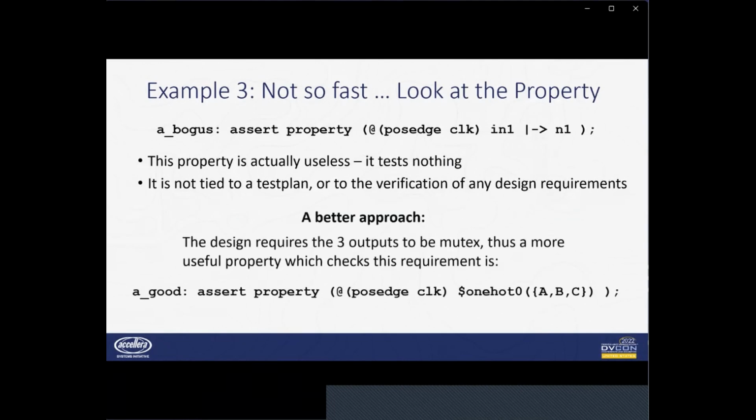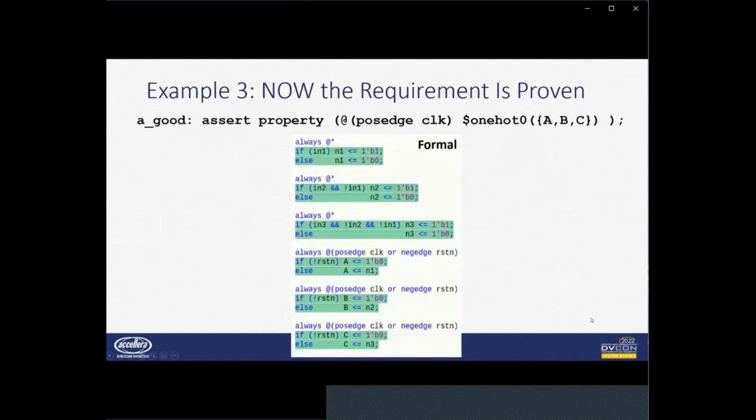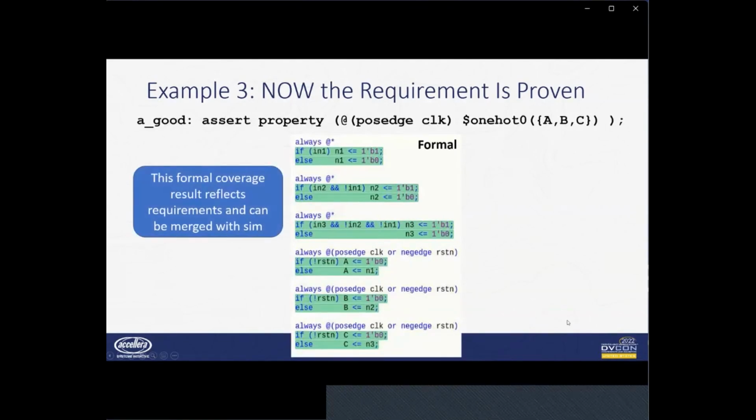A better way to go about doing this is to actually look at the requirements of your design. And if you remember, in this case, the outputs were mutex. And so you can write a property to check that, and then run that property and gather coverage for that property. And then this would be more useful for applying in this scenario. This new property that tests requirements, you can see is proven and has good coverage from the formal perspective. And then this coverage could be merged with simulation. Ideally, you want